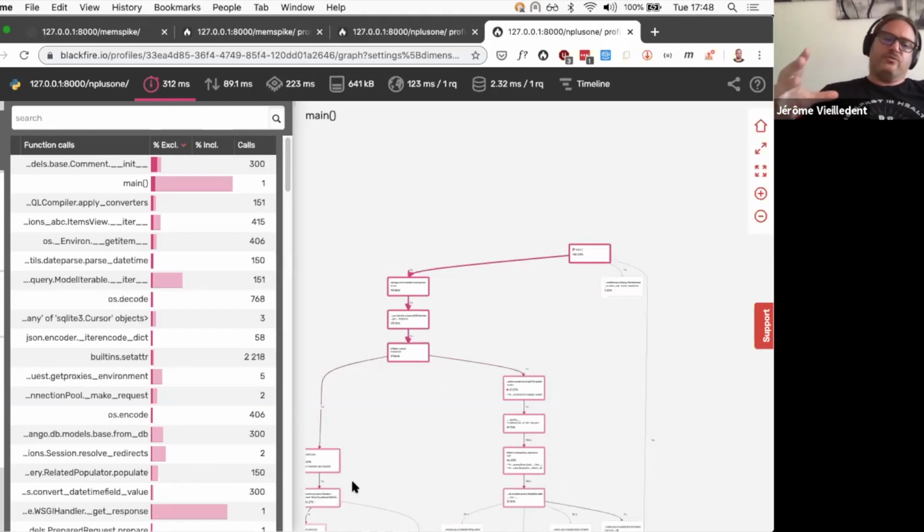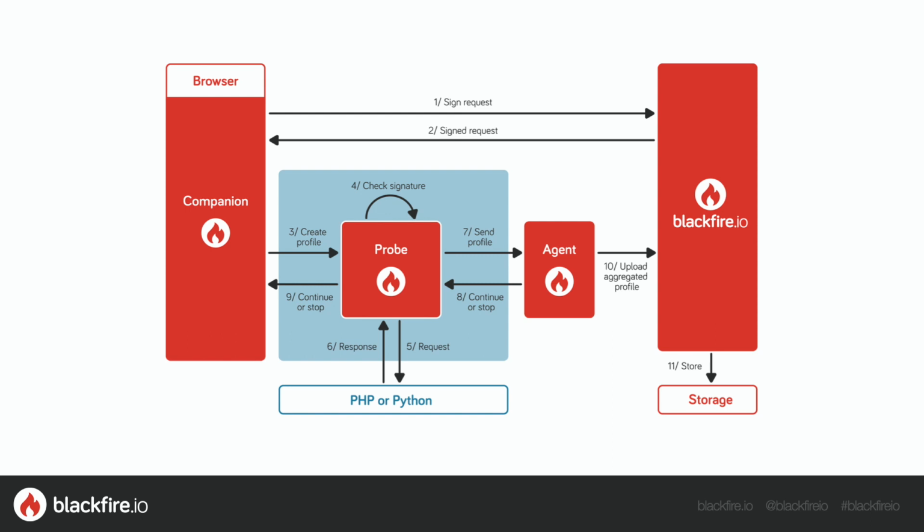We have several components in place. The first one is the probe, which collects the data and all the measurements. The probe sends it to another component, which is separate and lives in your network, which we call the agent. And the agent does the dirty work of aggregating everything together